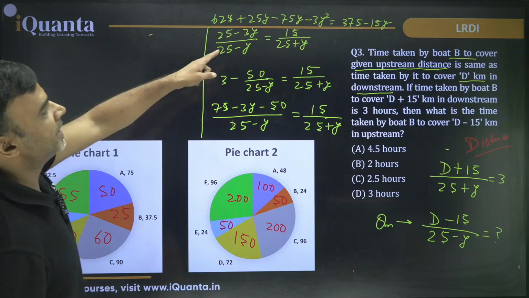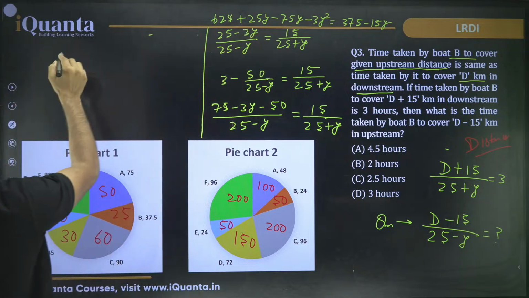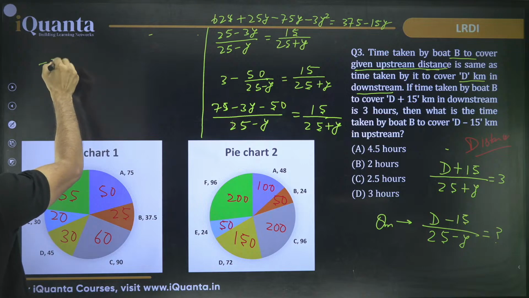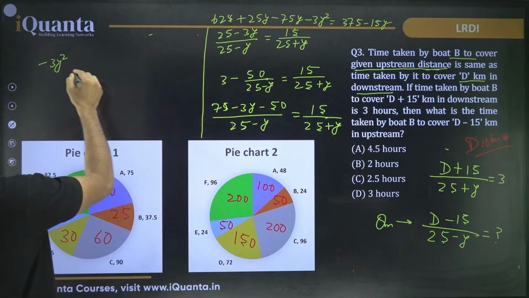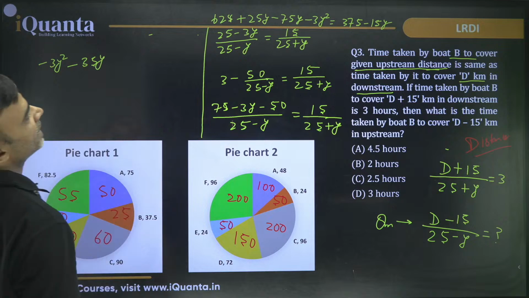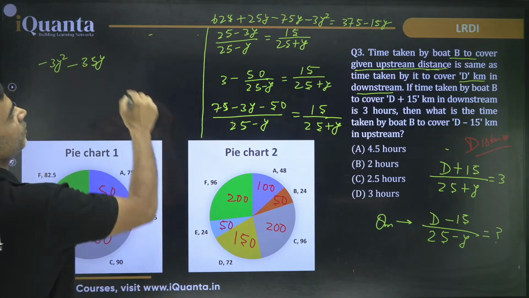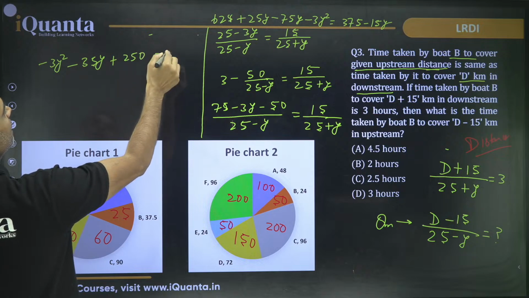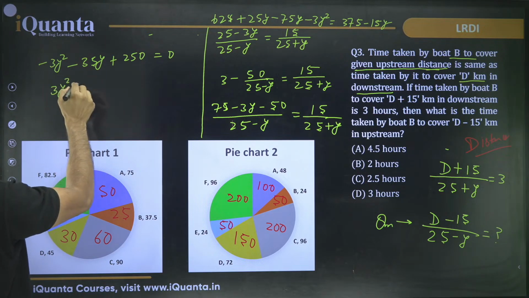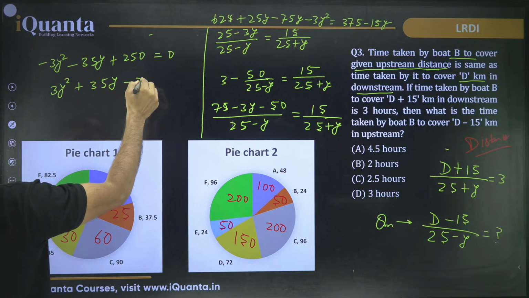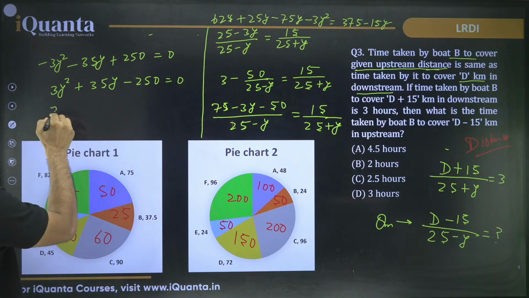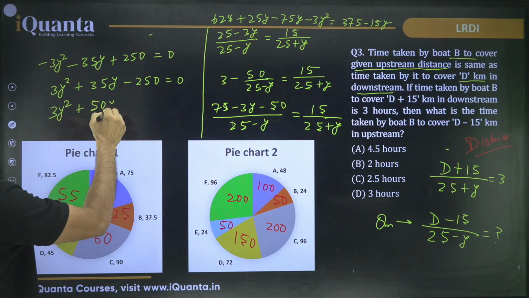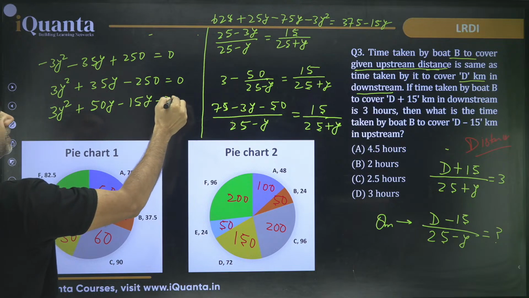Fine. So this gives us 25 minus 3y into 25 plus y, and that we have done there. We have minus 3y square. Bring all the y's together. So 25 minus 75 minus 50 plus 15 minus 35y plus 625 minus 375, 250. So plus 250 is equal to 0. Let's see if we can do something here. 3y square plus 35y minus 250 is equal to 0. Okay, 25 into 30. 50 into 15, perfect. So 3y square plus 50y minus 15y minus 250 is equal to 0, and that will give us,